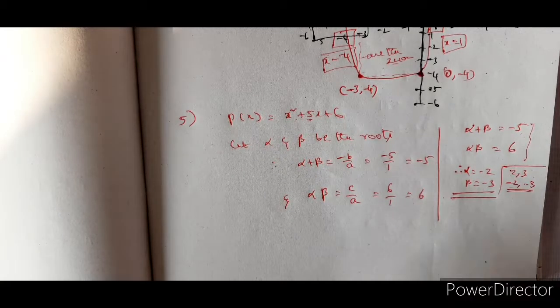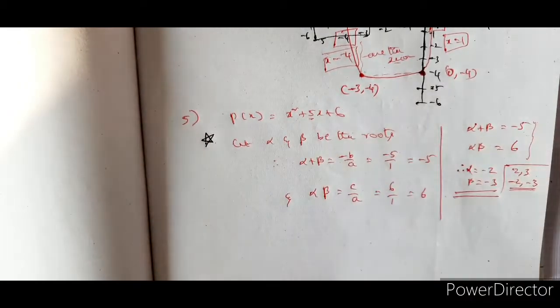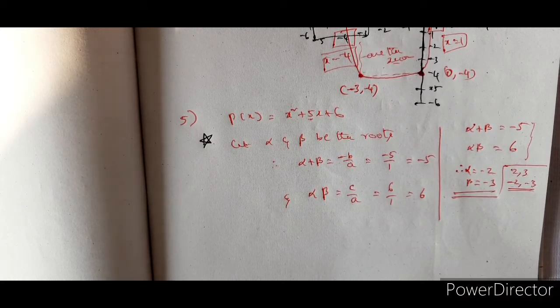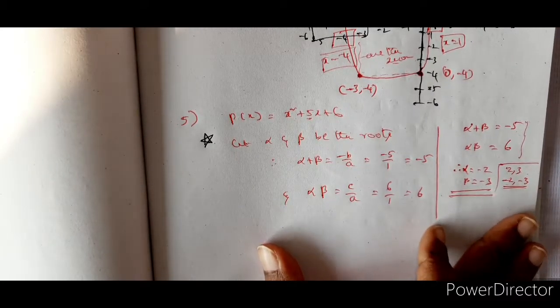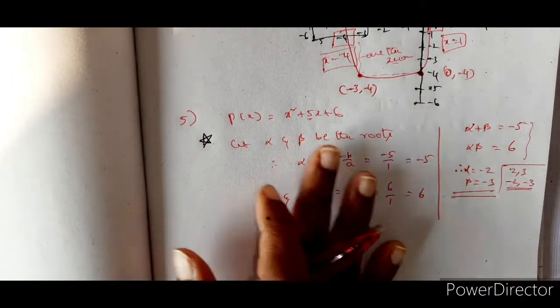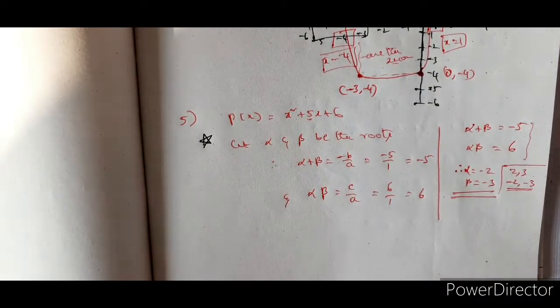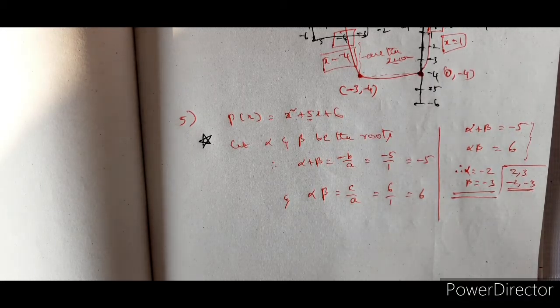Right. Very, very important, dear students. So it is very common that students will lean towards the quadratic equation solution, but don't do that. When the question is asked from polynomials, you have to use this concept only, the relation between the coefficients and the roots or the zeros of the polynomial. Very, very important concept. Please note it down. Pause the video and note it down.